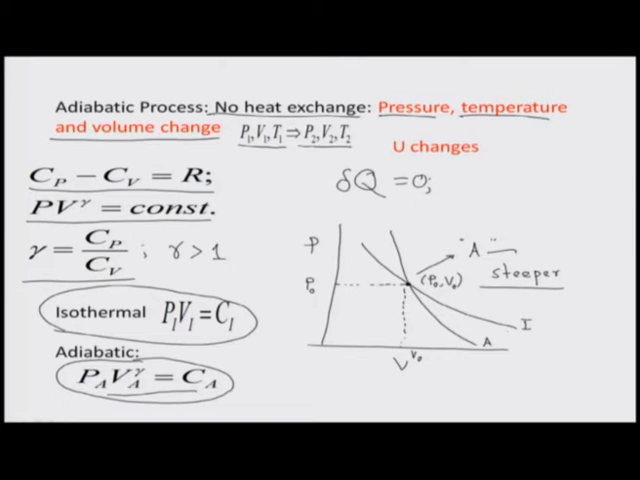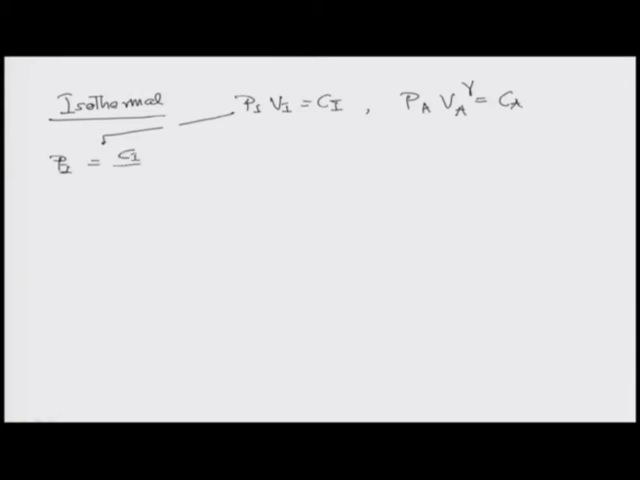Let me give you a very quick proof of this. Please remember this picture in your mind. So, isothermal process. In an isothermal process, I have Pi Vi is equal to Ci, whereas in the adiabatic process, I have Pa Va raised to the power gamma is equal to Ca. Now, let us refer to the isothermal process. Pi is equal to Ci by Vi. Let us calculate the slope in an isothermal process, del Pi by del Vi,